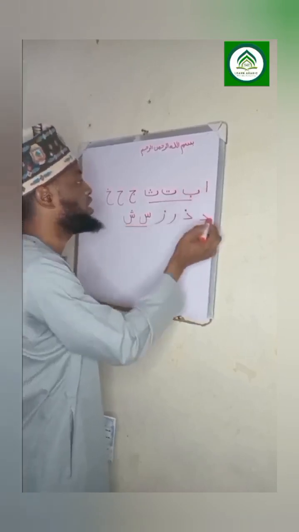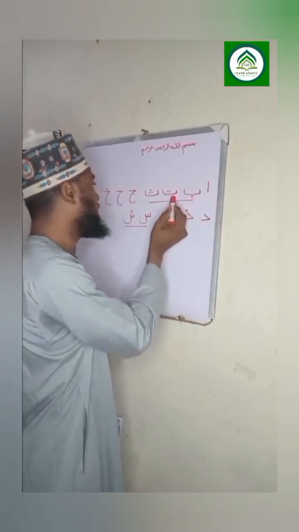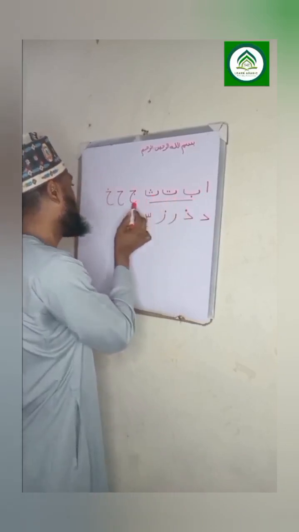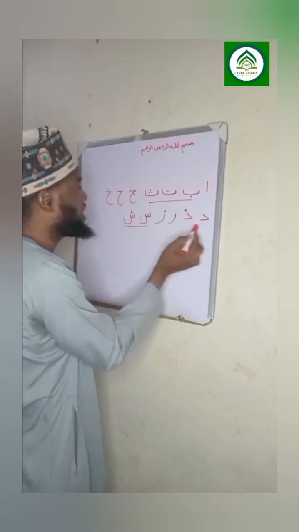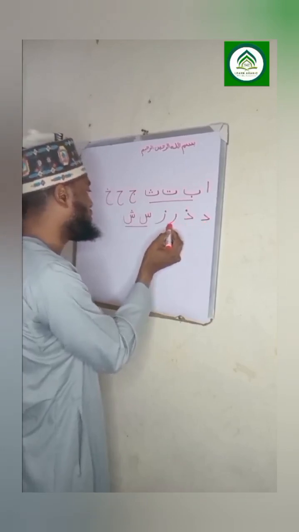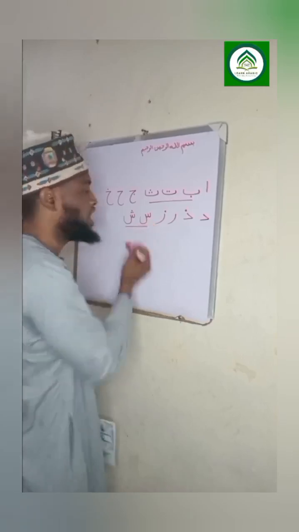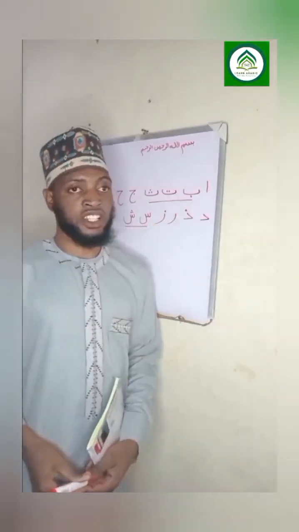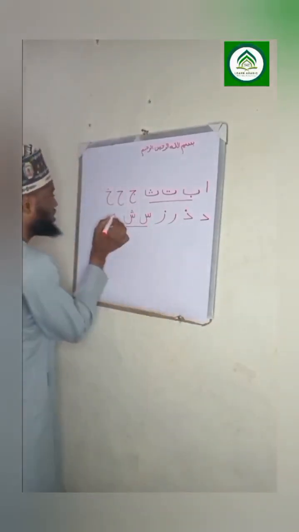Let us start from the beginning. Alif, Ba, Ta, Tha, Jim, Ha, Kha, Dal, Zal, Ra, Zai, Sin, Shin. I hope you are following me. You are enjoying the class, right? Thank you. The next letter is